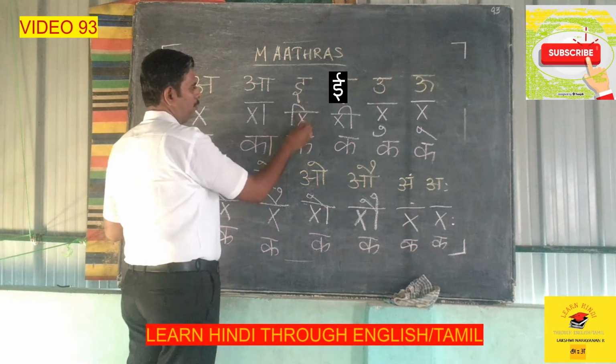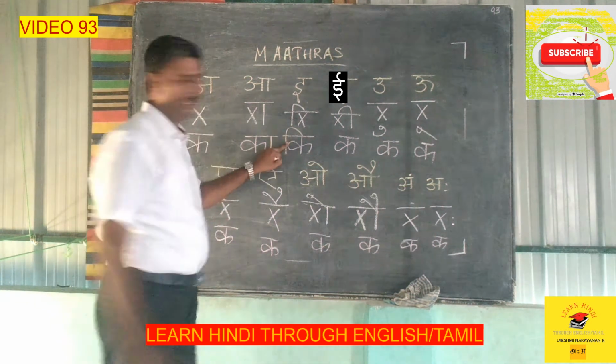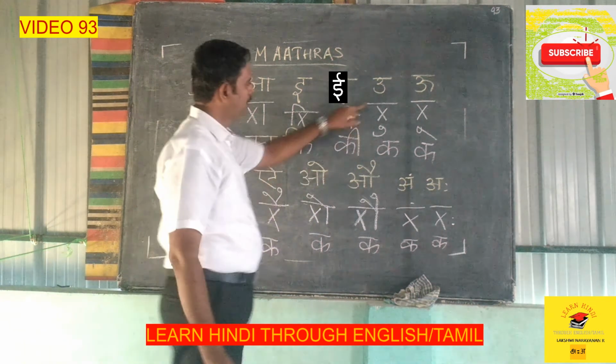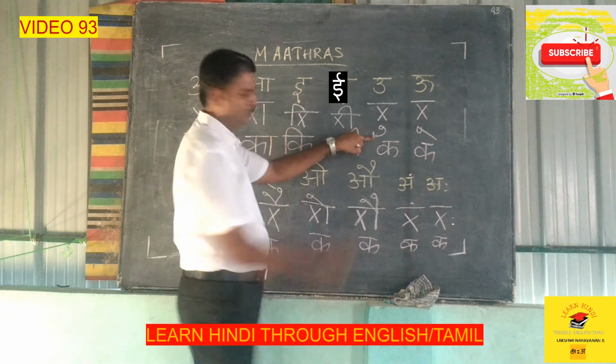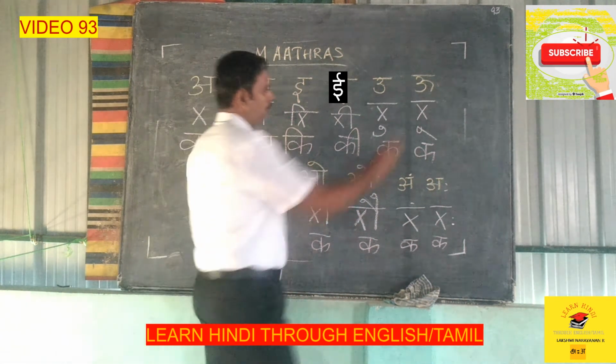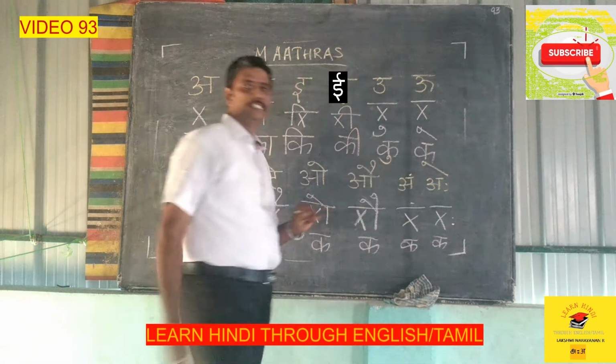Here for Ki, before the letter, it should be like this. This is Ki, and this is the next side. Ki. That's all. Below the letter, we make a bend like this. Let me also make a bend like this. Ku. So below the letter, if I make an elongated bend, this is Ku.